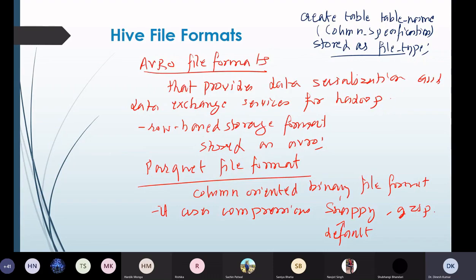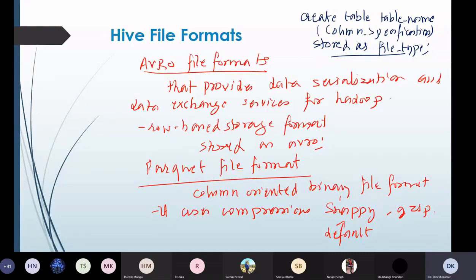And if you want to see the performance of all these file formats, then you have to create a table using different file formats, fix the table contents, put the data into the table, and then run queries on the table using different file formats, and note down the performance with respect to the time taken to process the data.